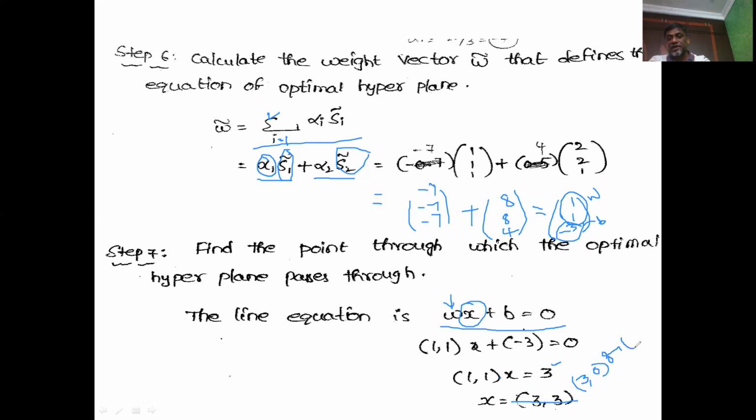So if you identify at least 2 points, then you can connect them and extend them to get the equation of wx plus b equals 0. The 2 points that I'm identifying for possible x may be either 3 comma 0, then only you will get 3 into 1 plus 0 into 1 is going to be 3, or you can use 0 comma 3 also. So at least 2 points you need to identify to draw the corresponding straight line.